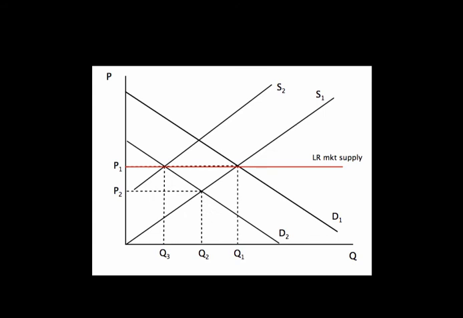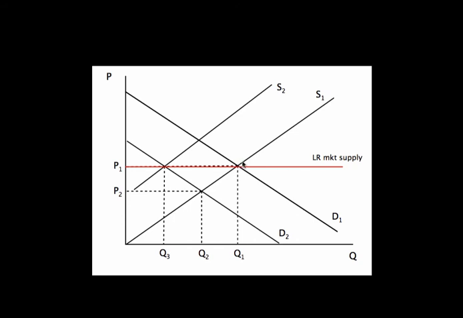So similar to what we saw with the demand increase case, we have a long run market supply curve at our original zero profit equilibrium price, and so we can be away from that in the short run. In this case, we were here in the short run, but as firms left, we got back here because only zero profit is going to be a long run equilibrium. Either we have a positive profit and firms want to enter, or we have a negative profit or loss, firms want to leave,